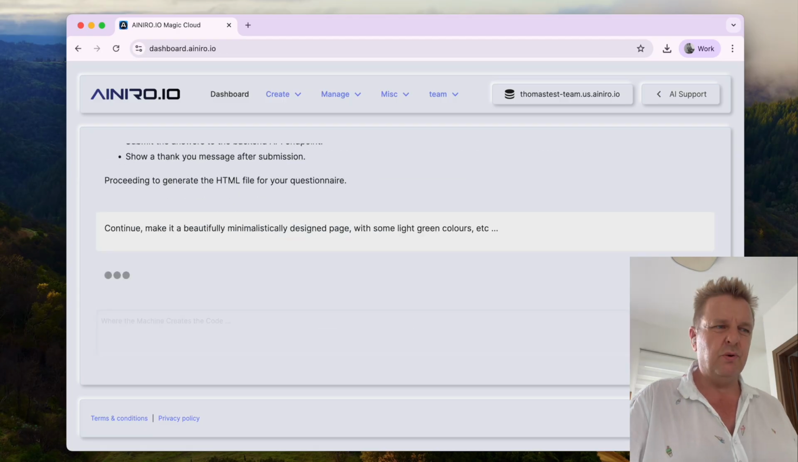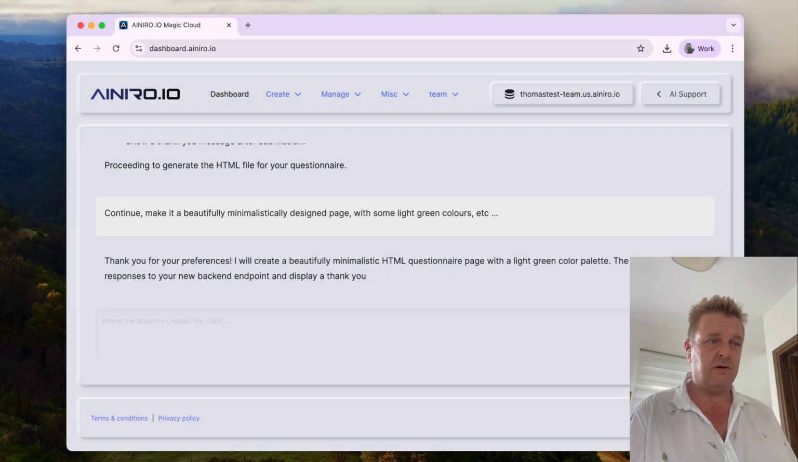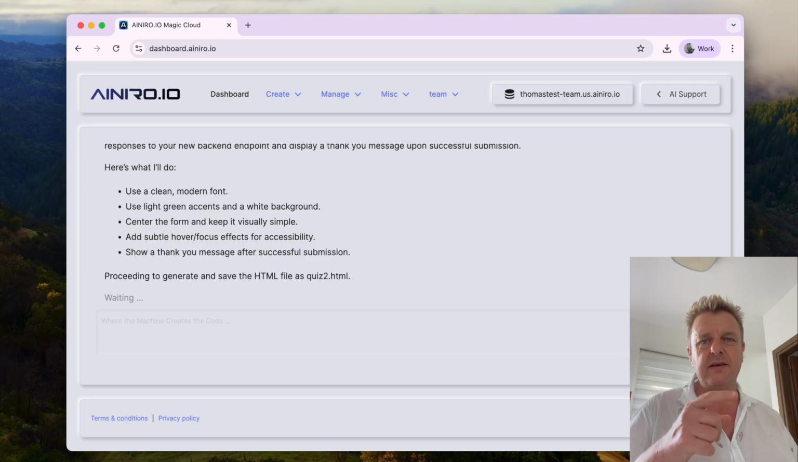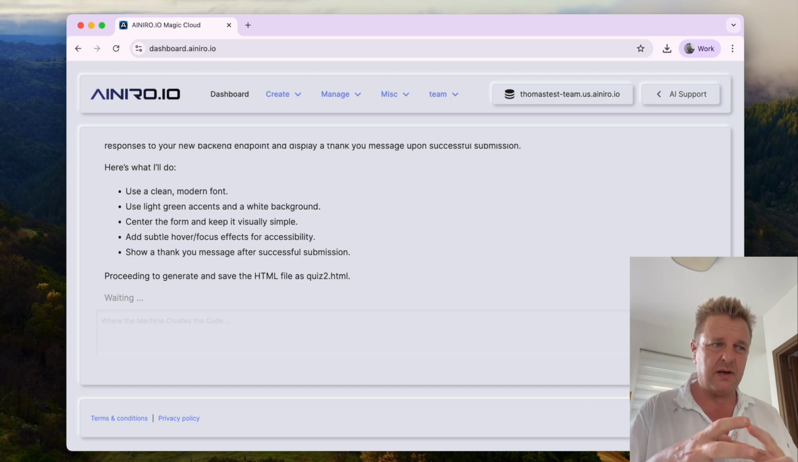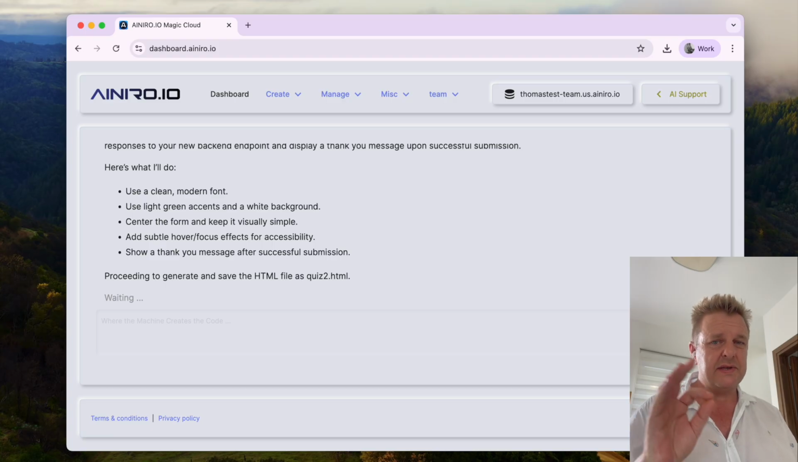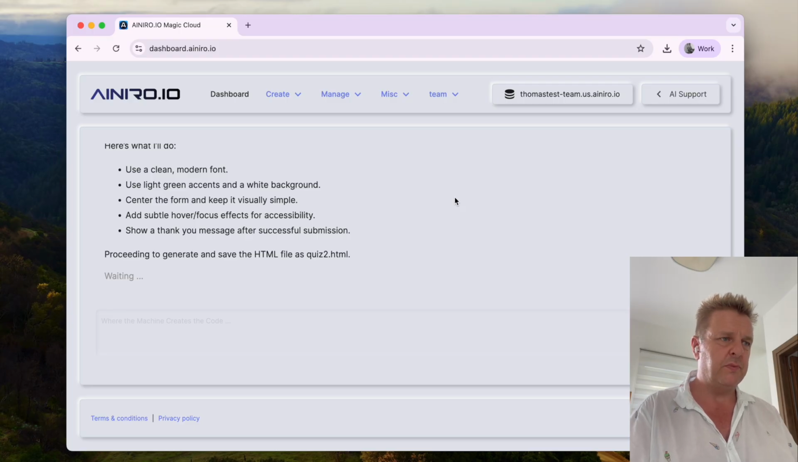So now I wanted to create a beautiful, minimalistically designed page with some light green colors, etc. Let's see what it comes up with. Quiz2 HTML will be my end URL here. This takes some time because OpenAI needs now to return everything: HTML, JavaScript, and CSS. So when you're coming to the point when you want to save your HTML files, you might want to go fetch a coffee or go to the toilet or something, because that actually takes a significant amount of time. So typically a minute or something. Let's see what it comes up with here now. When it is done,